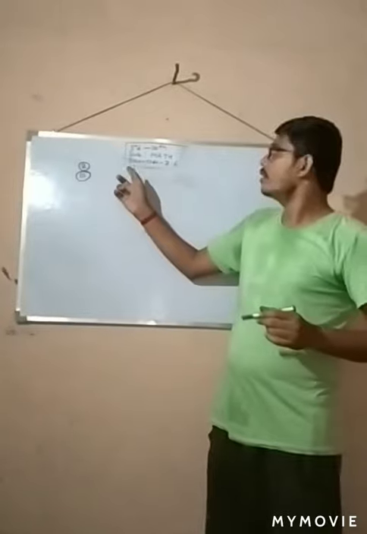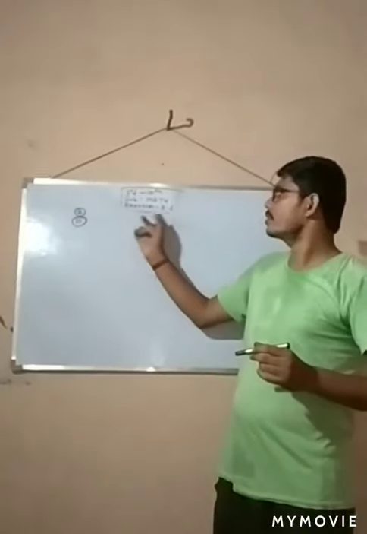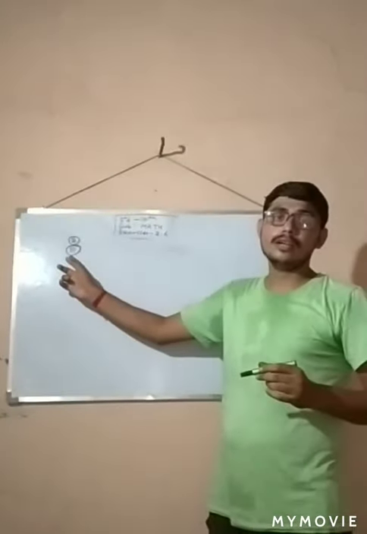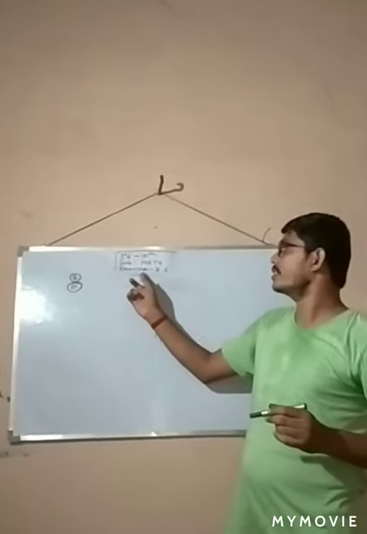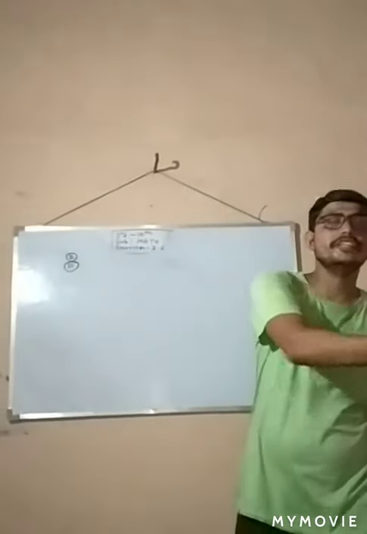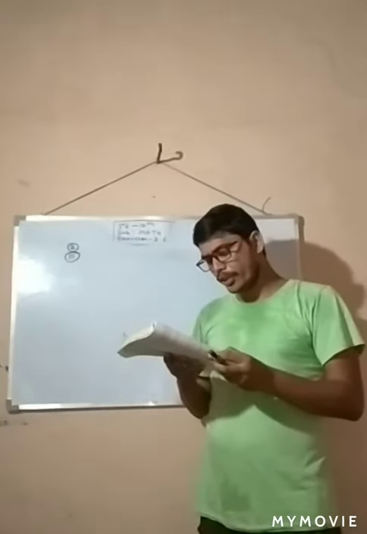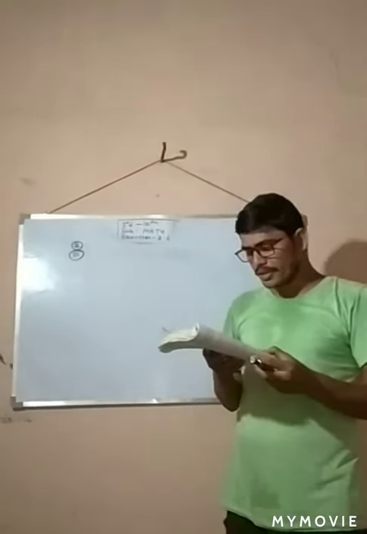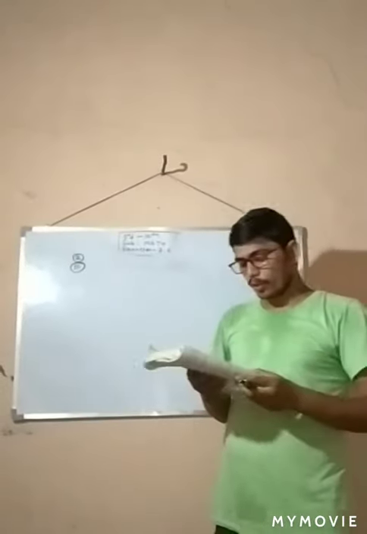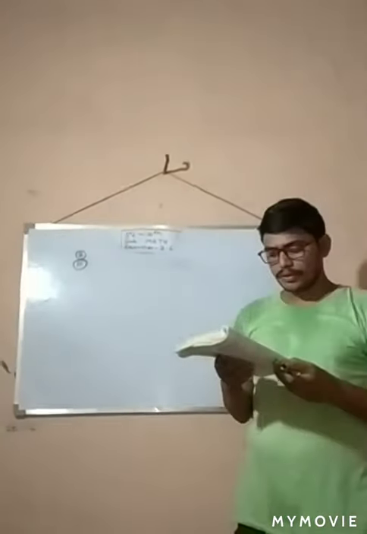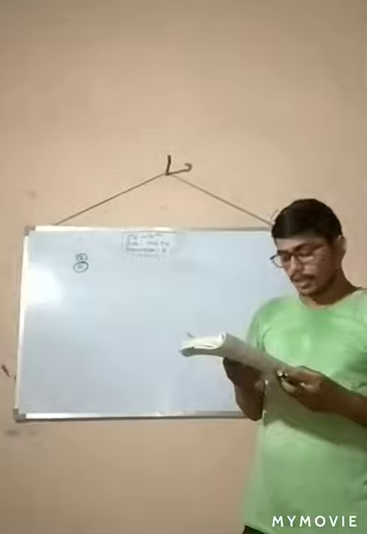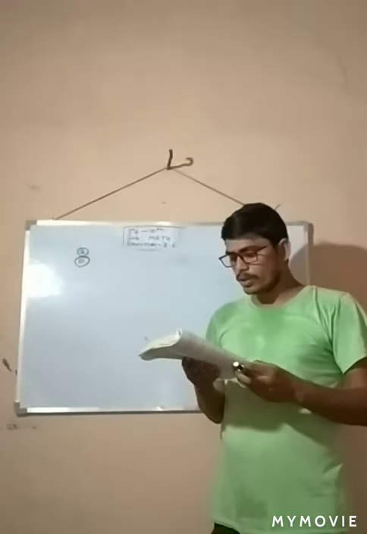Now student, exercise 3.6, question number 2 of the third part. This is the last question of exercise 3.6. Now first read this question here. Ruhi traveled 300 km to her home partly by train and partly by bus. Means रूही जो है अपने घर से 300 किलोमीटर ट्रेवल करती है, कुछ ट्रेन से और कुछ बस से.